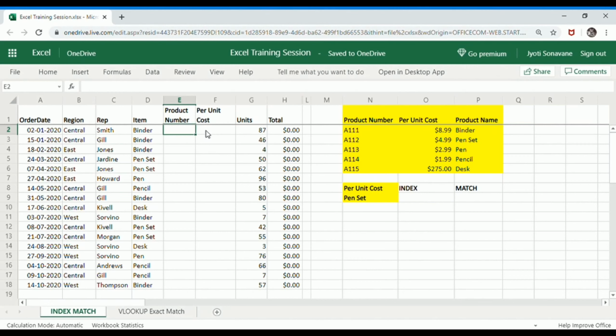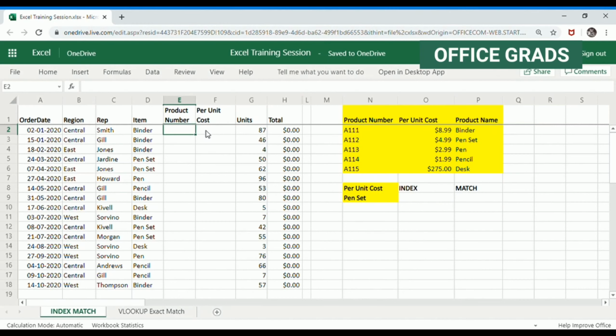Today, we are very excited to share this new formula with you, which is called the INDEX and MATCH formula. And why are we so excited? Because this is my personal favorite formula. It gives me flexibility because I don't have to type in a column number or a row number manually. With the help of the MATCH function, it can easily be done. So it definitely improves your efficiency and helps you automate various reports.